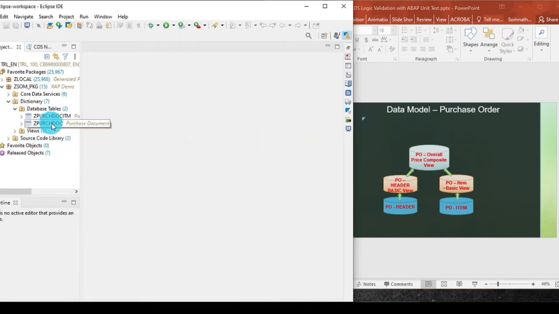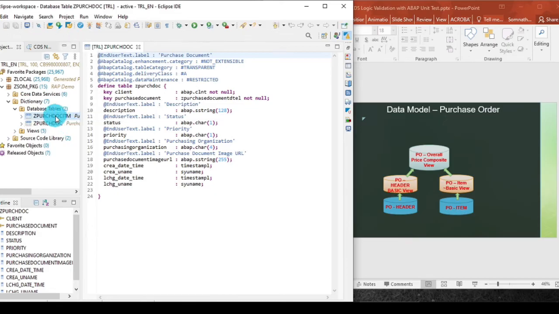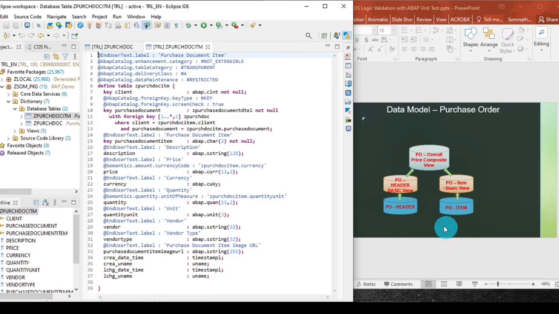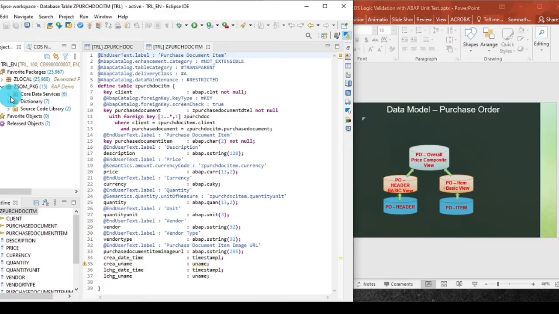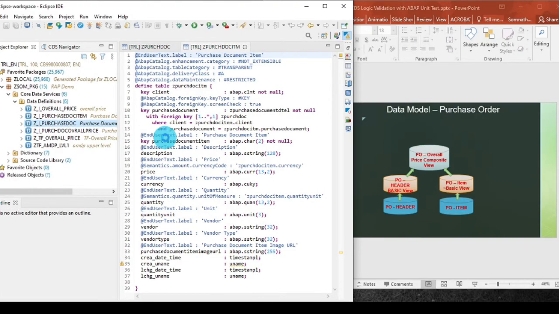One is a document header as well as the item. Okay, so these 2 tables I have created over here. Fine. So next, just quickly check the CDS views. So for that we need to go to the core data service section, the data definition, the CDS view that